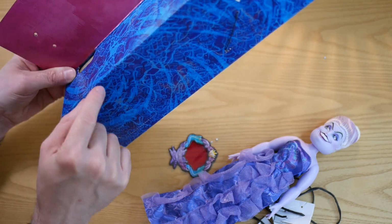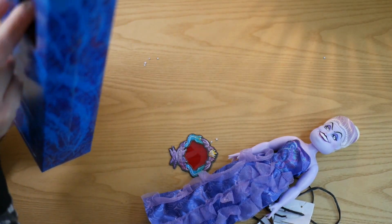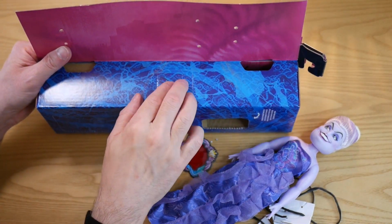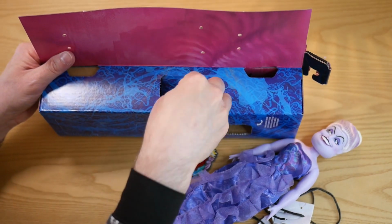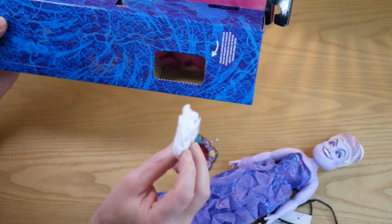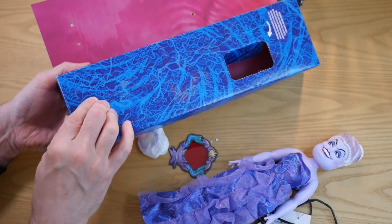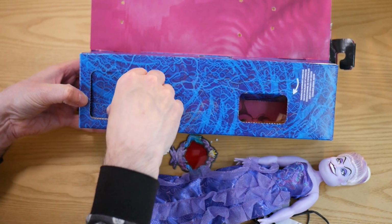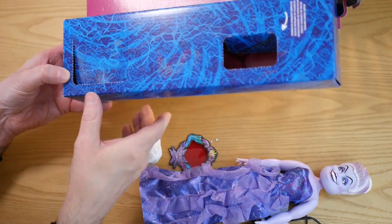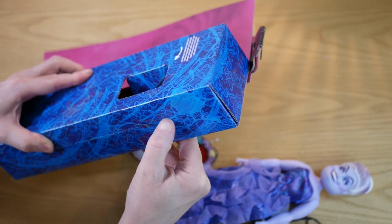So there are windows. A window here. There's a window here and a window here. But to be honest, there's nothing behind the window. It's like an advent calendar where all the bits are falling out. Yeah, I'm not convinced that this really works. Oh look, here's something that's dropped out. So that's great. Maybe they should just have put the accessories in just normally, really. Now, that won't open inwards, will it? And there's a big one here at the end. I think she comes with like a trident or something,